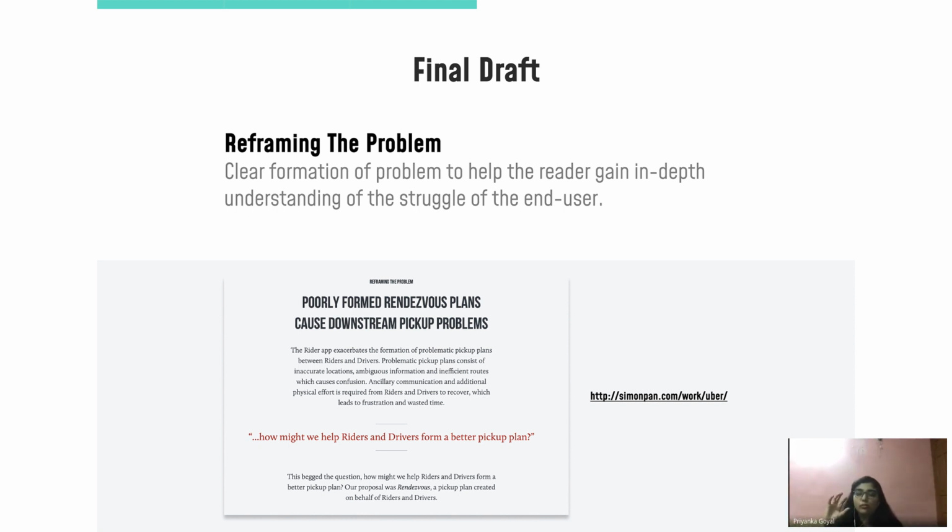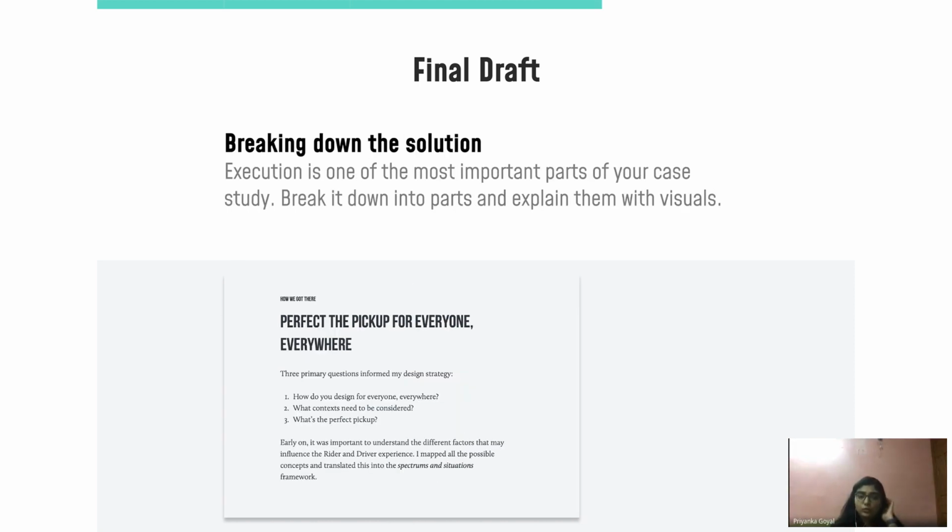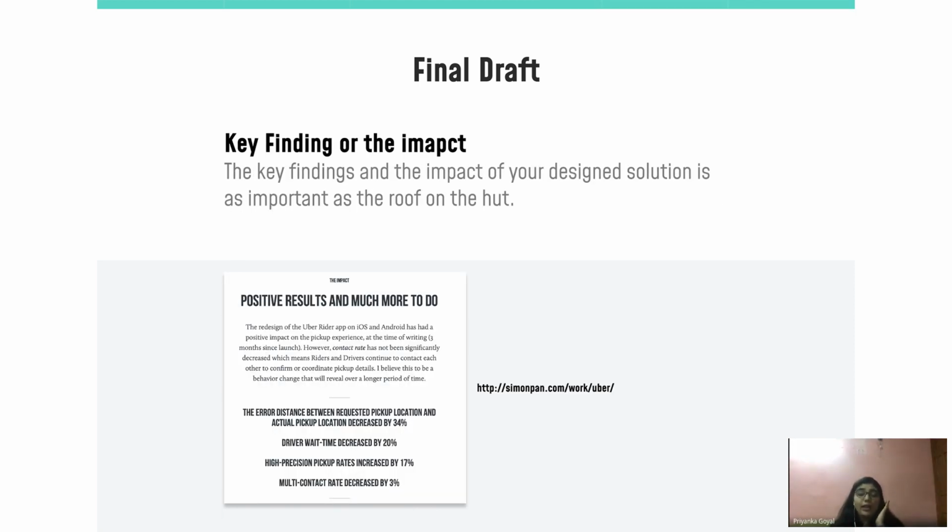You cannot just follow the research process and bombard the interviewer with your solution of UIs and visual solutions. You should take him through slowly. You should not just give too much to him to consume on his own. So try to break down your solution. I have mentioned it several times now.